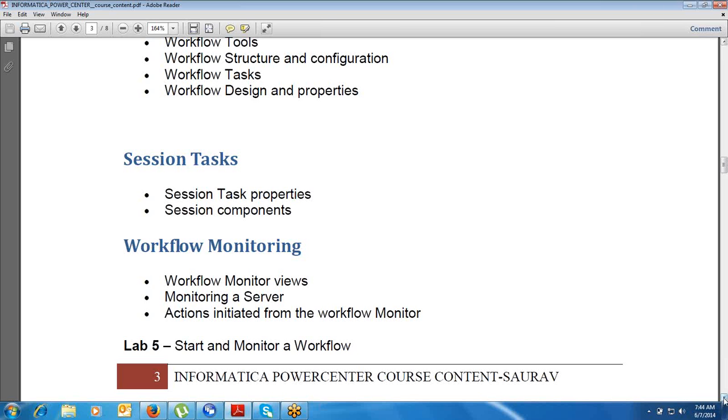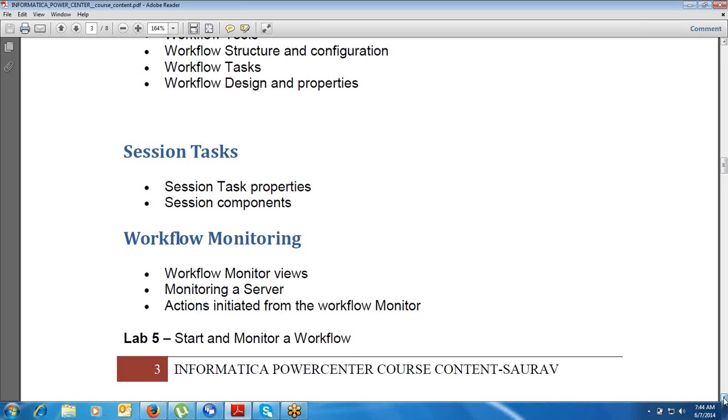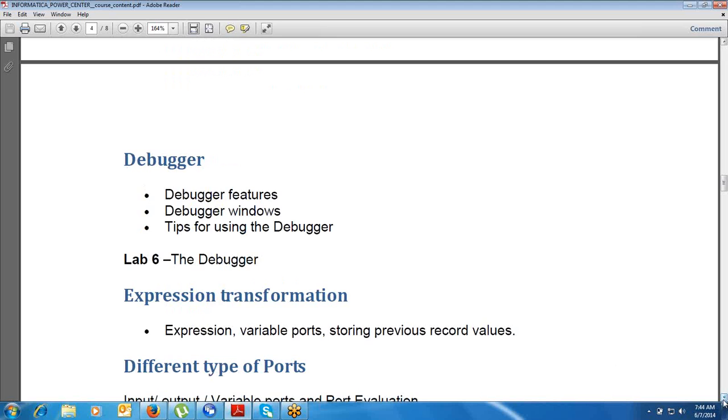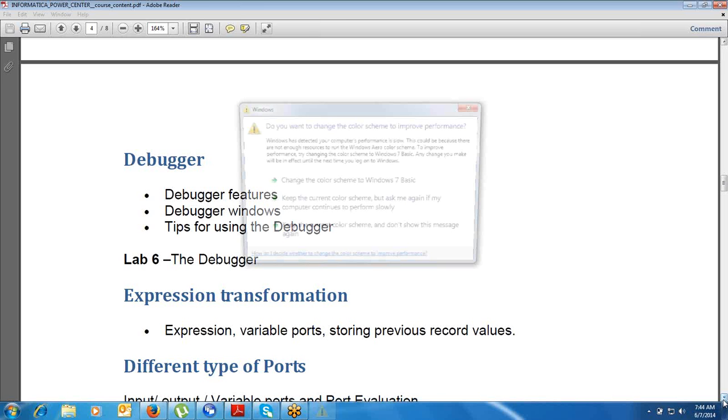Then moving ahead, we have the debugger tool. What this debugger is all about. Debugger will help you to know exactly whether your data is getting transformed or not. See, suppose I have this data which is coming from the source and I need to load the data into the target. So before loading the data into the target, I am performing some kind of operation, or you can say that I am performing the data transformation. So through the debugger, I can check the data flow, how the data has been extracted from this source, whether it is getting transformed completely, whether it's getting transformed as per my requirement or not, and then it should move and we should load the data into the target.